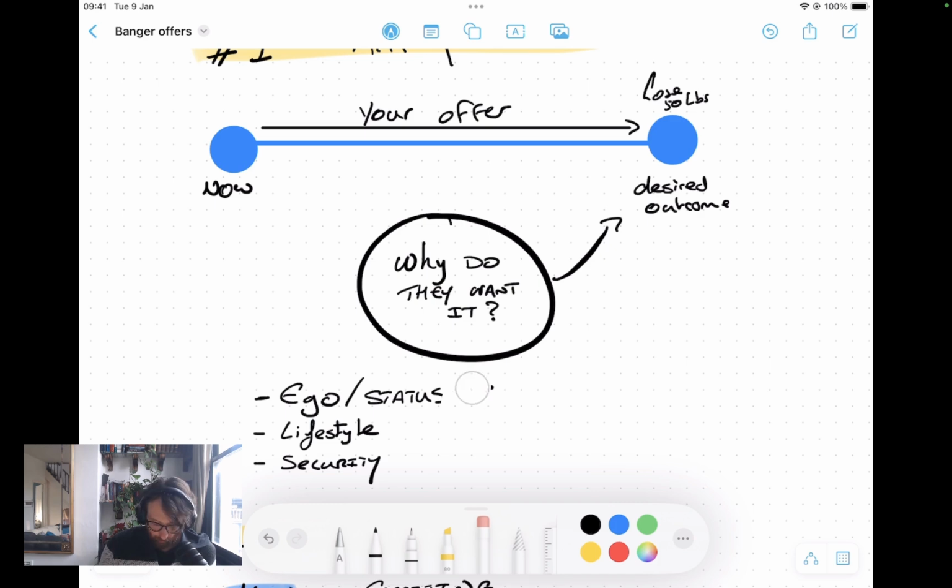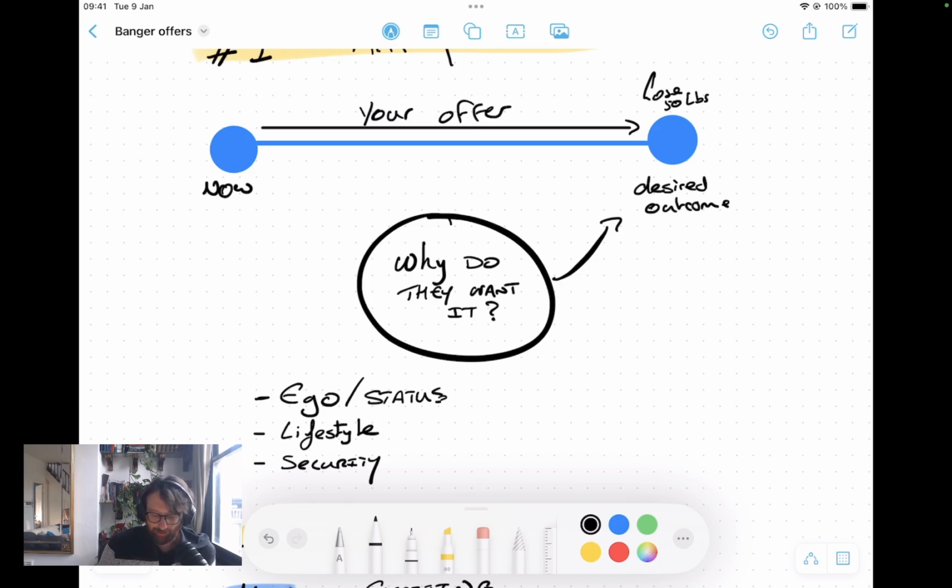As a quick other one, obviously money is usually a big one. We've done health, let's look at wealth. So they want to earn money for the ego and the status, to be known as the top earner in their friend group. They want to earn more money so that they can travel more. They want to be out traveling, they want to see the world, and they need money to do that. Security, they just don't want to have to worry about their pension and their retirement years.